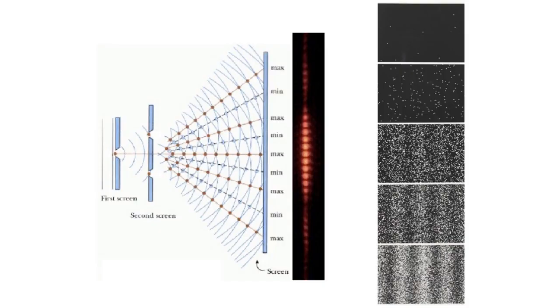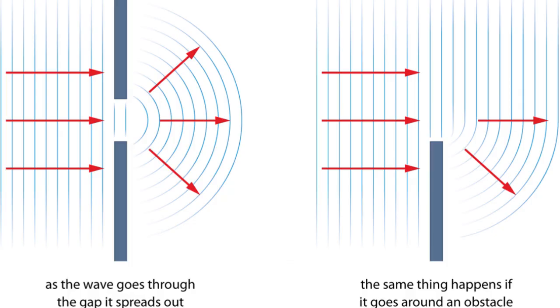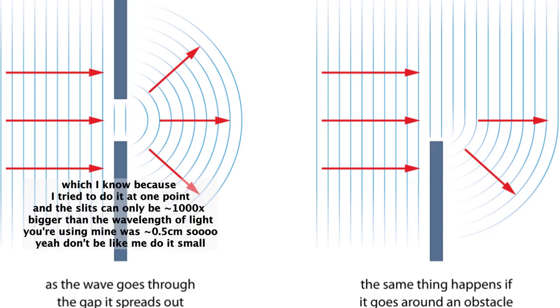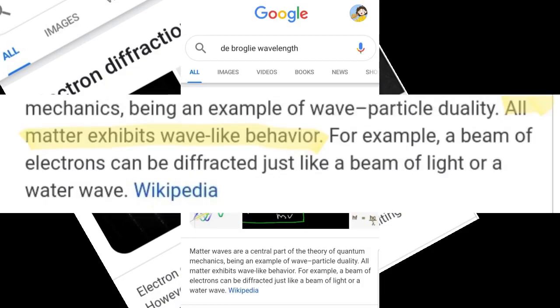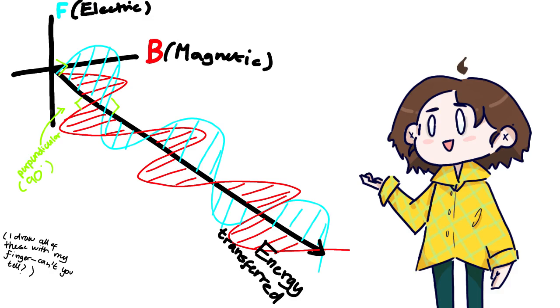So as light goes through the double slit, it diffracts, and it can only diffract if the slits are small enough. As they diffract, they interfere with each other, and that proves light is a wave, because particles don't diffract, right? Or do they? No! Anyway. He also proved that light is a transverse wave, which is a wave that oscillates perpendicular to the direction of energy transfer,